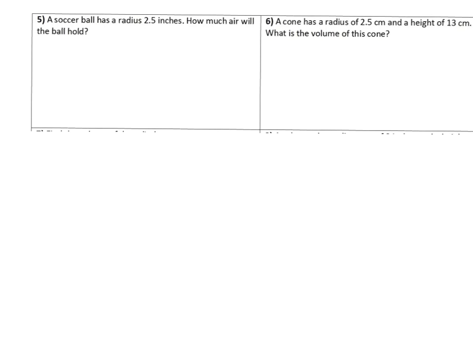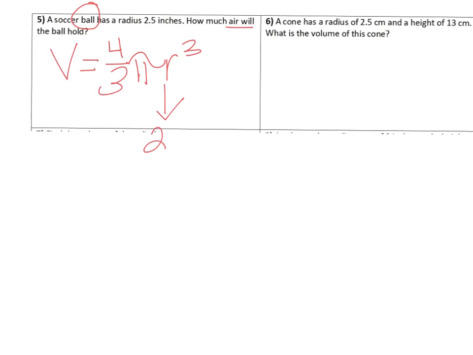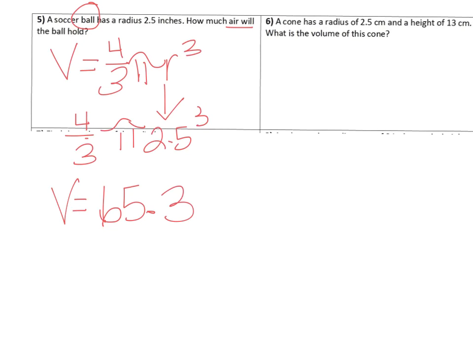Number 5, a soccer ball has a radius of 2.5 inches. How much air will the ball hold? So since the air is going inside the sphere, that means we're finding volume. Volume equals 4/3 pi r cubed. So the radius for this is 2.5. So we would cube that times pi times 4/3, which would give us a volume of approximately 65.3